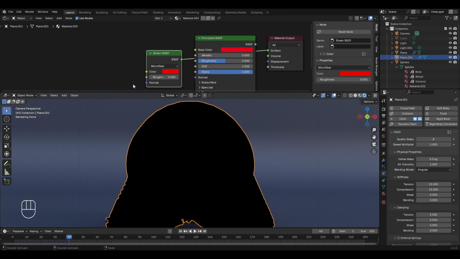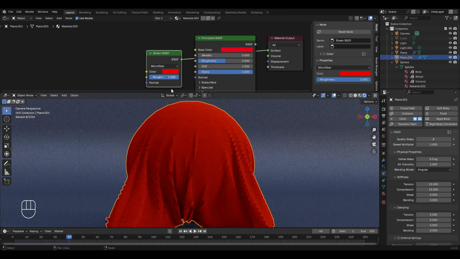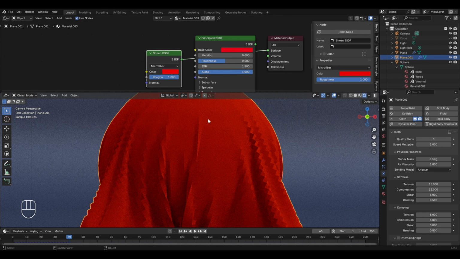So a lower value of roughness would mean a darker material because hardly any colors would reflect back from the material, making it look fuzzy and darker, but a higher value of roughness would mean that more colors will be reflected, giving it a dusty and realistic look just like a cloth fabric.